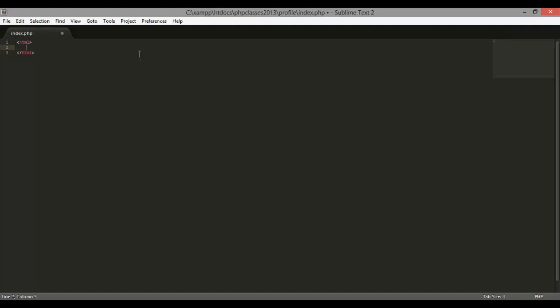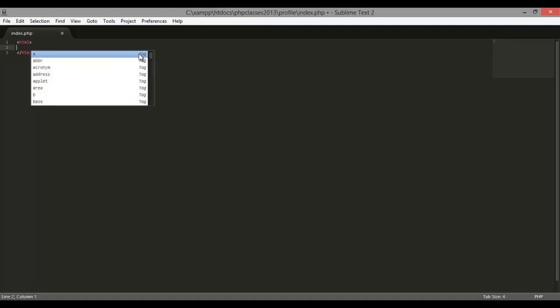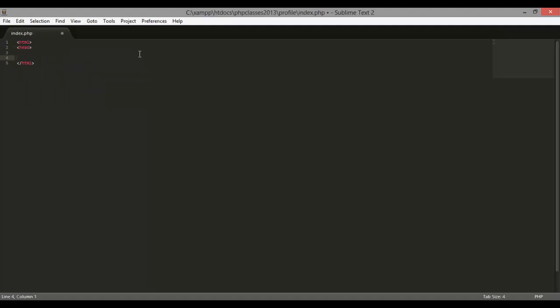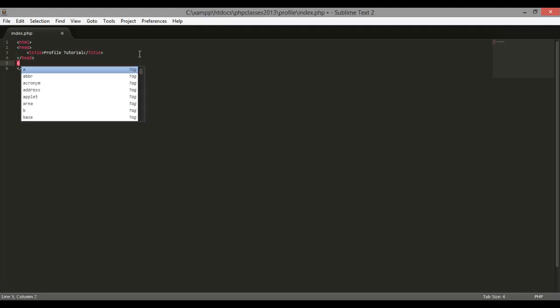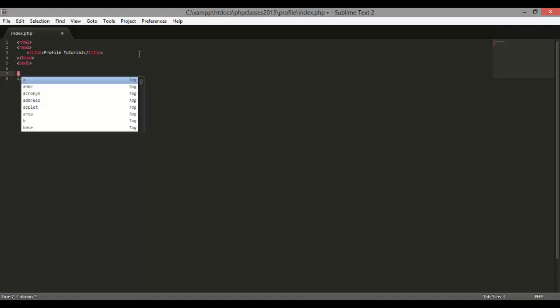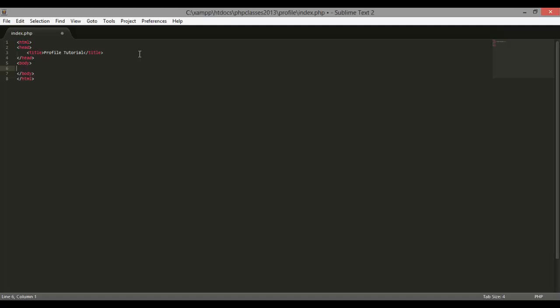And for that we're going to say, yeah, head. We need a head. Close the head. And inside this we need a title. So we're going to say profile tutorial. And then we're going to open the body. Now we're going to create a form, and we're going to send it to the login page, with the method post,